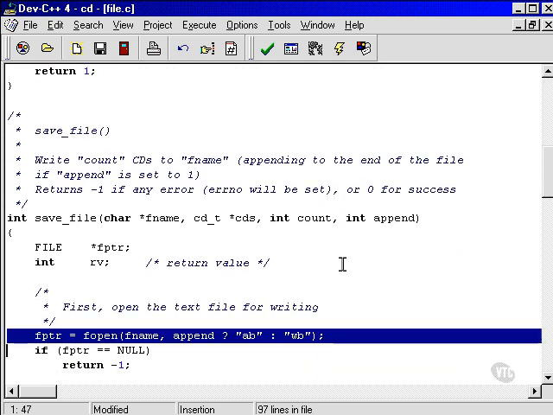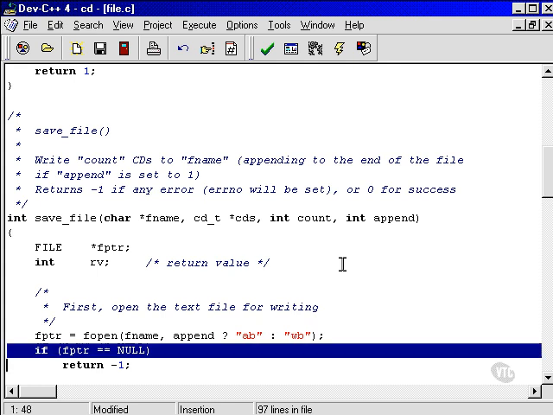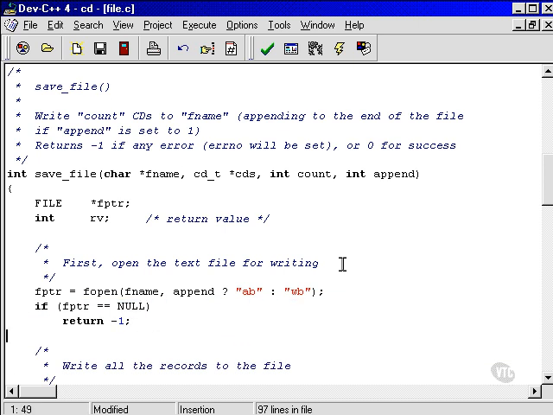Try and open the file. There's the use of our conditional operator. If append is set to true, then use append binary, otherwise use just a regular write binary. And if the file pointer was null, then return -1. We failed. Notice that errno will be set in this particular instance, because the fopen will fail, and errno always gets set